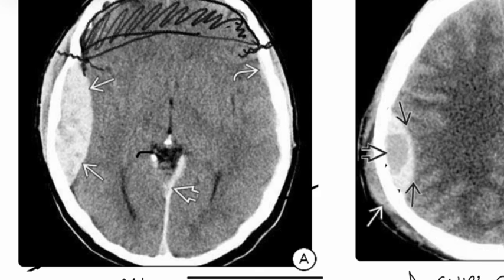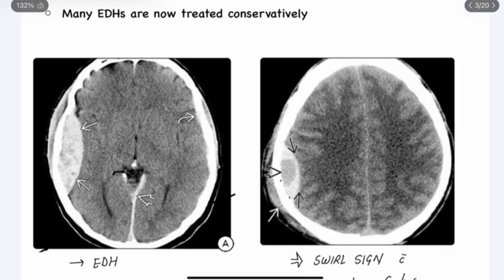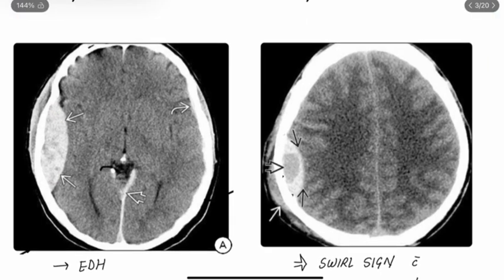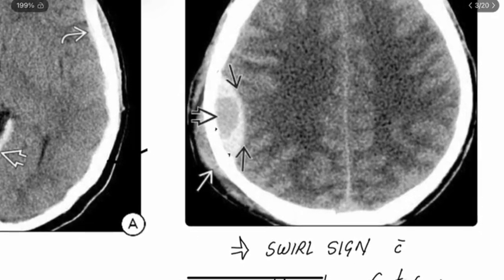cross the midline. But in some cases, mostly in children, if EDH is associated with sutural diastasis, then it can also cross sutures. Sometimes we can also see air foci within these hemorrhages. Sometimes we see a hypodense collection within the bleed. What does this indicate? This indicates that active bleeding is going on,